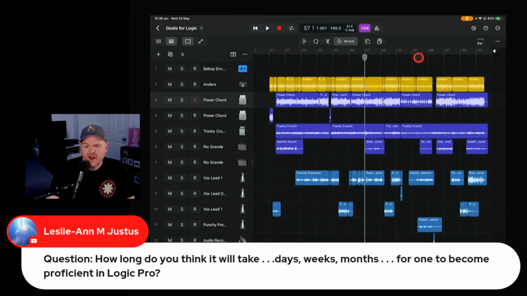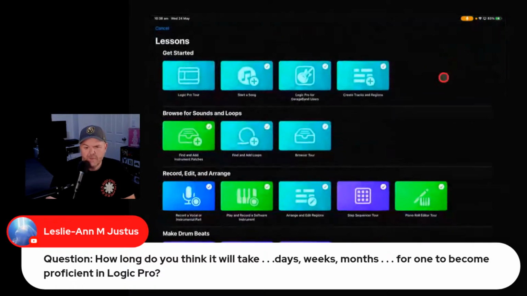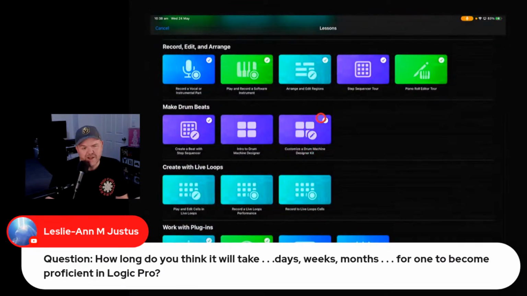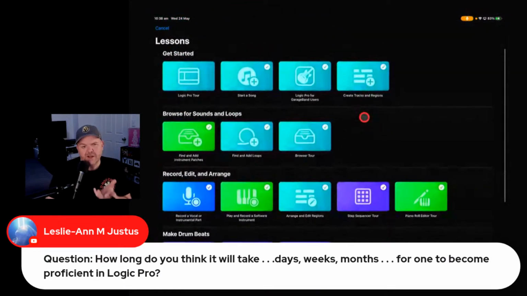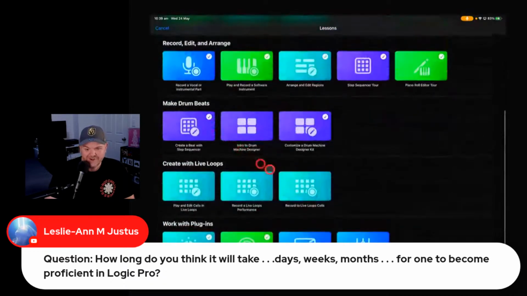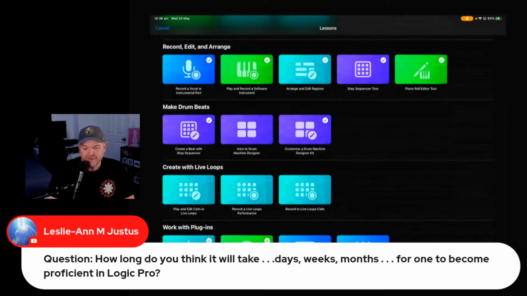Best place to start. I got this from Patrick over at the GarageBand Guide because we both had early access. He said, John, whatever you do, go in here and go to your lessons because these are gold. They're about 5 to 15 minutes each and they take you through step by step how to do things. I've got to redo some of these because I've got to relearn some of the stuff like the beat breaker, which is the newest function there.